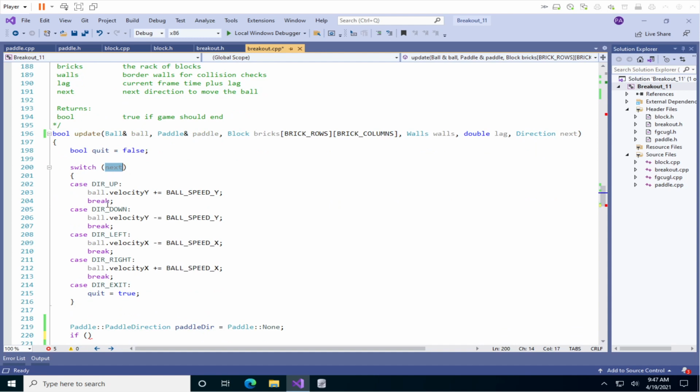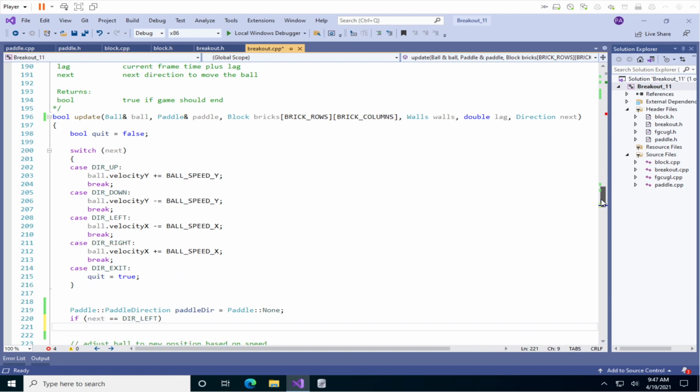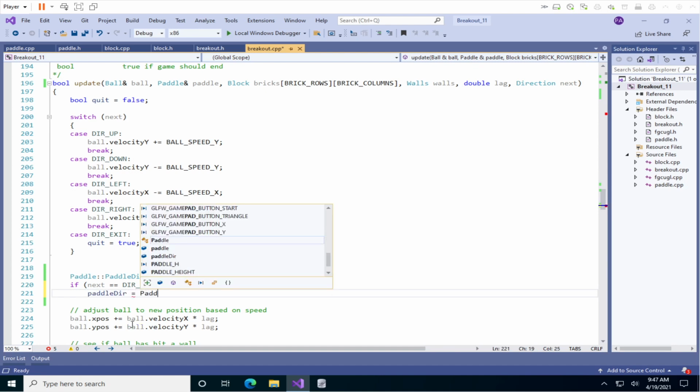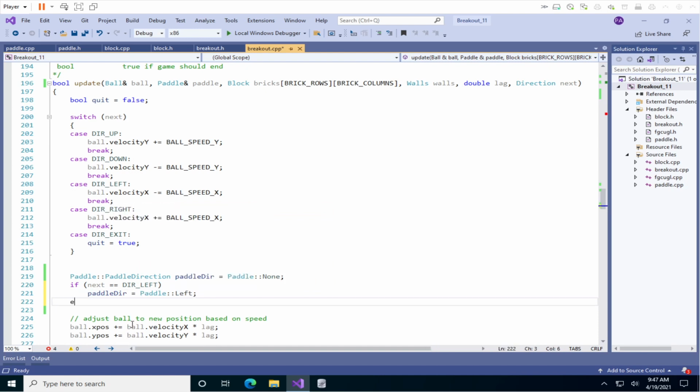We're just reusing this kind of structure here, but we just want to know if the next direction that the user wanted to go equals direction left, then we want to set our paddle direction equal to our paddle left. All right. Else if